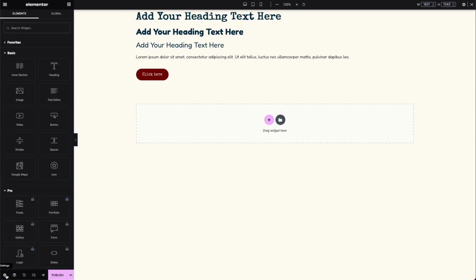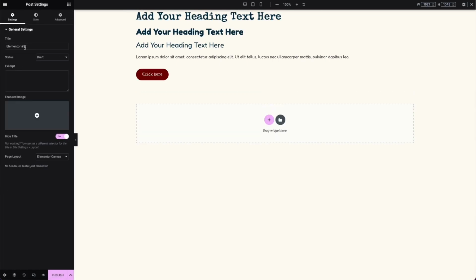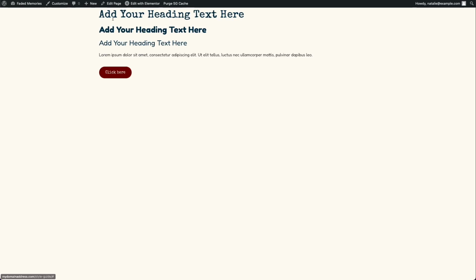And before I leave this page, I do want to just leave this as an existing page. So I'm just going to leave this as my style guide page. If I ever need to make changes to my style or my site settings, I can always come back here and use it as a reference. So I'm going to go ahead and leave that here and publish it, and we can take a look at it and just see that, okay, this is how all my elements are going to